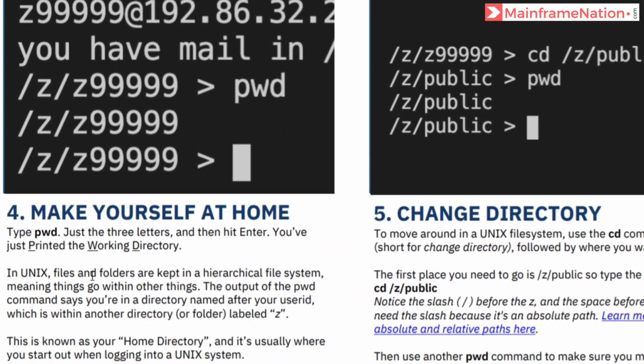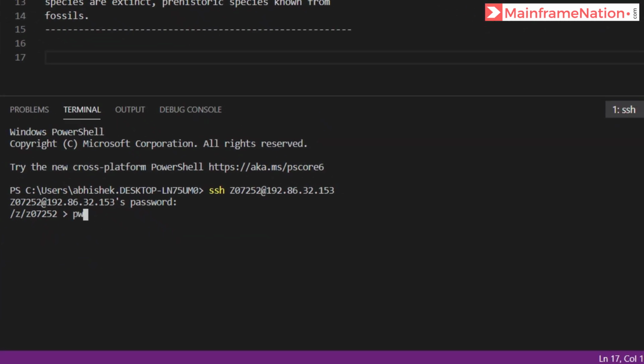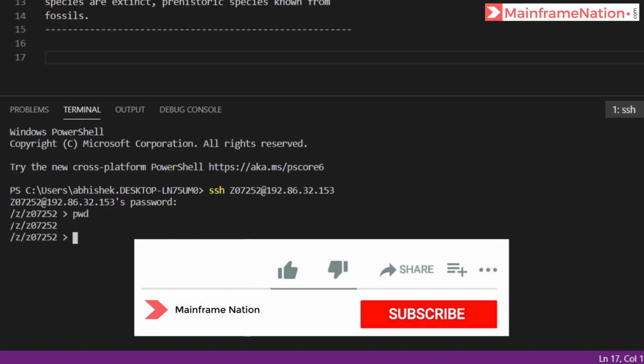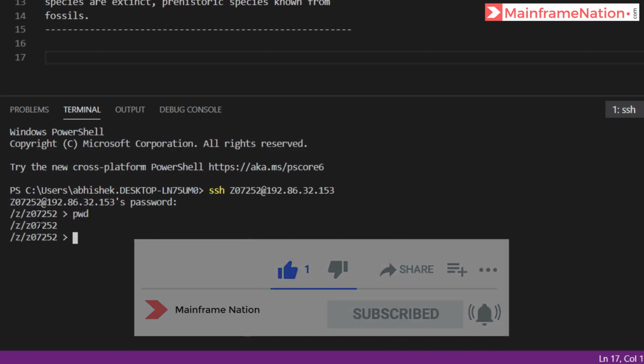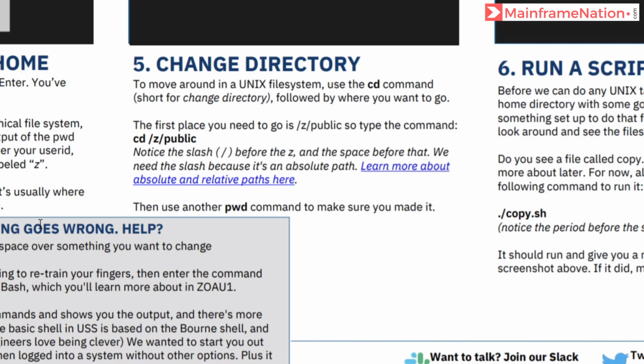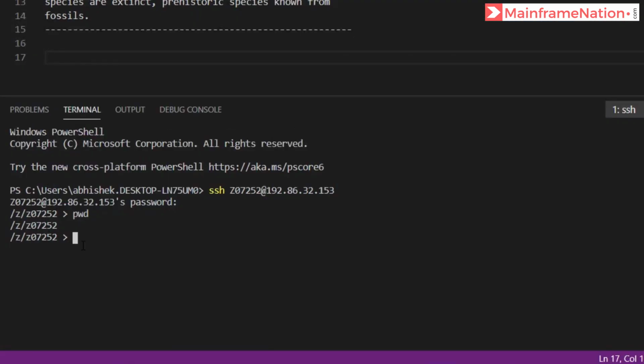Then you have to give a command pwd. Give here pwd, which means present working directory. The current directory is this one. This is the root directory Z, and under the Z directory I have my own directory which is named under my user ID. This is also called as home directory.